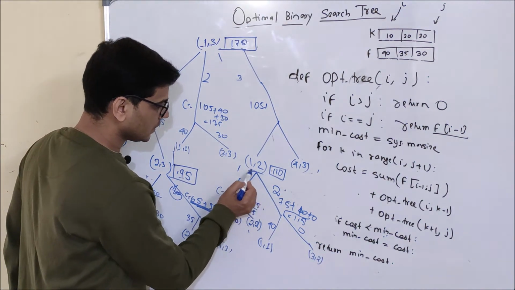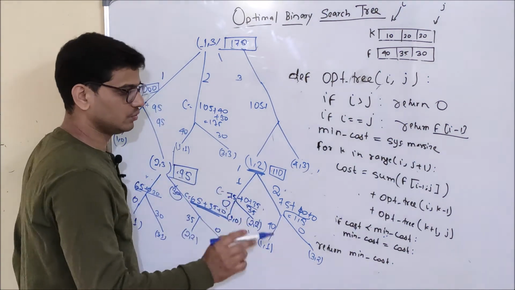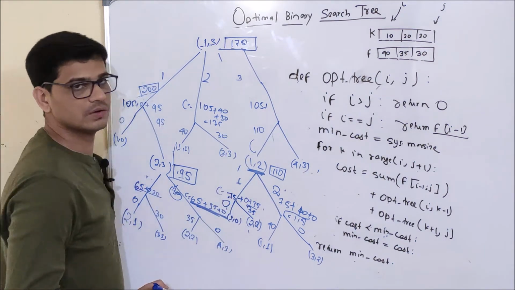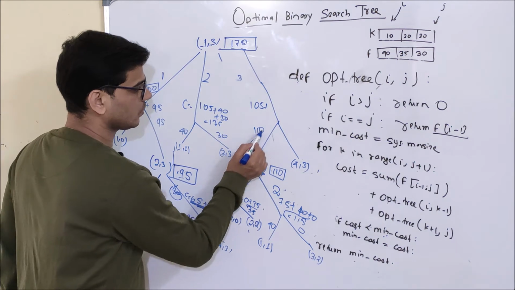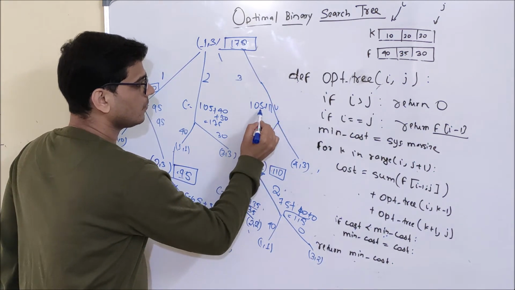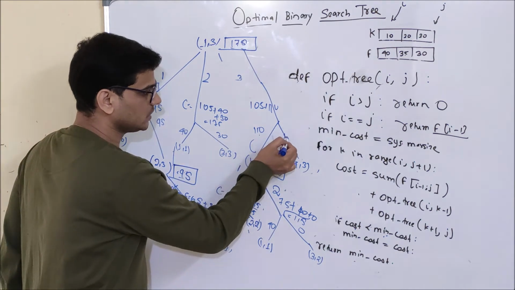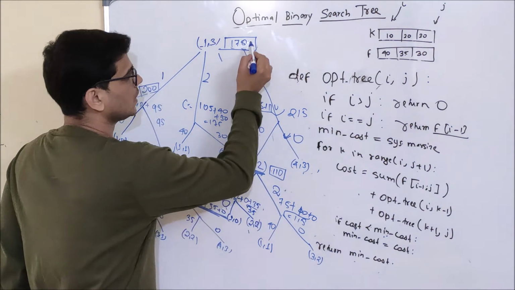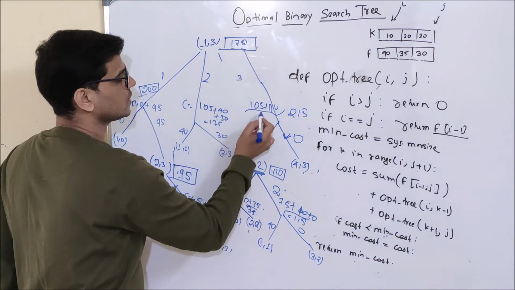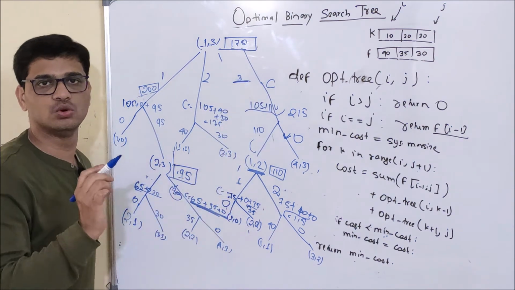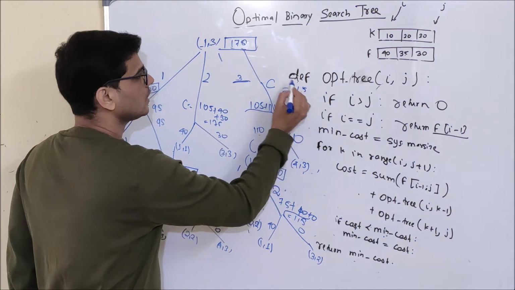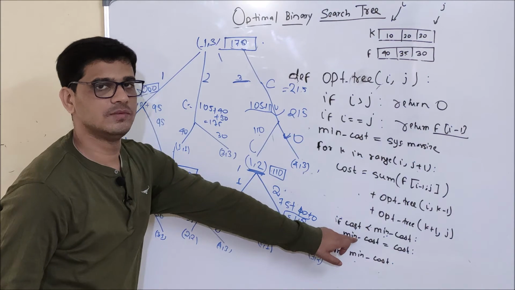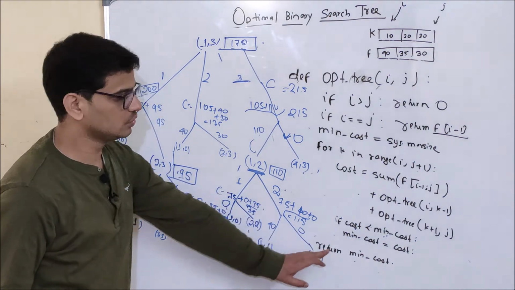So this line will not be executed. And now you can see this particular function call has executed. So this will execute and it will return 110 from here. Now you have 110 from here. So 105 plus 110, and now this function call will be made, and from here 0 will be returned. So here it is 215. And now see, for this particular function, cost when 3 is a root is 215 and mean cost is 175. So, will this condition be true or false? It will be false.